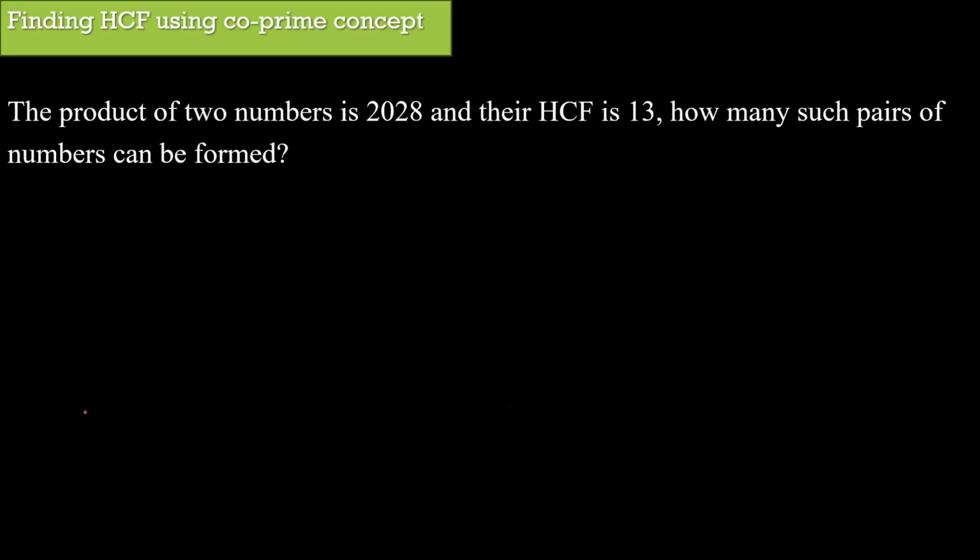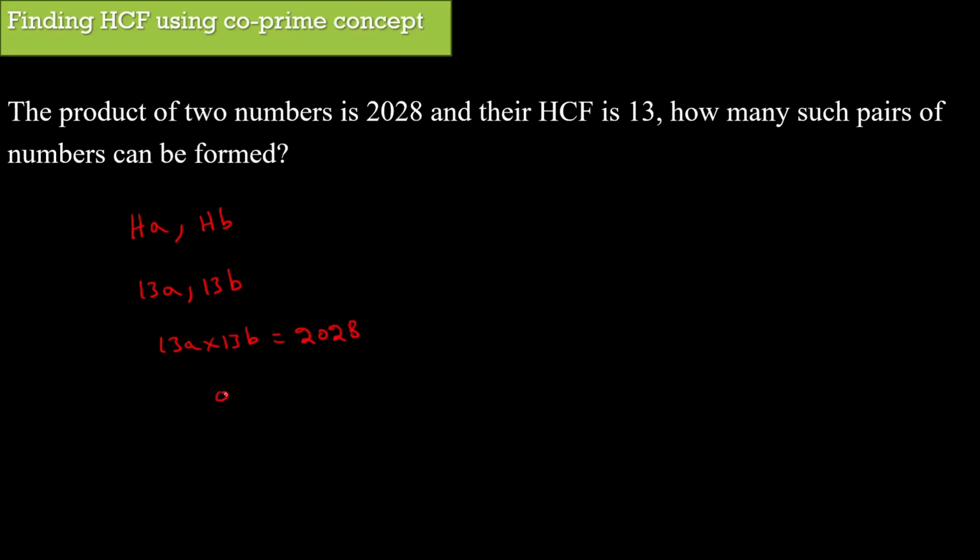For example, here the product of two numbers is given as 2028 and their HCF is 13. How many such pairs of numbers can be formed? Okay. Now, what is the concept we have learned previously? Two numbers will always be in the form of HA comma HB. So what is the HCF given here? 13. So I can take the numbers as 13A and 13B. And what is the net product of these numbers given? 13A into 13B is equal to